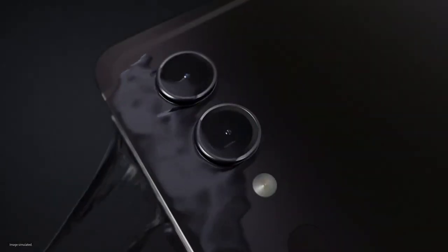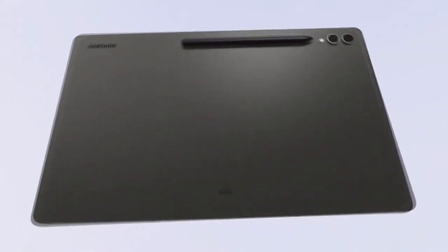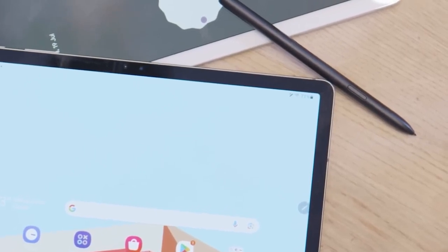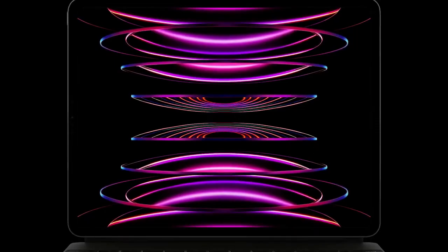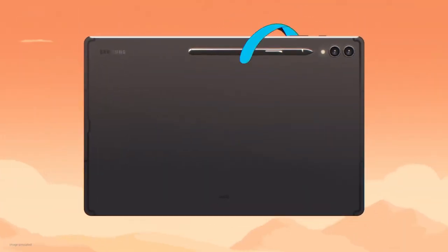Hello people! Recently, Samsung announced its latest flagship high-end tablet for 2023, the Galaxy Tab S9 Ultra. So, it's time to compare it with the best fighter in the competing Apple camp, the iPad Pro. Which one is better? Keep watching to find out about 6 important differences that you should know before choosing a